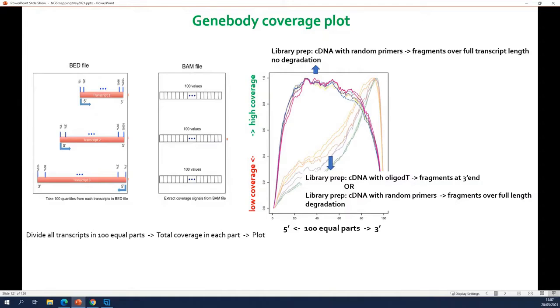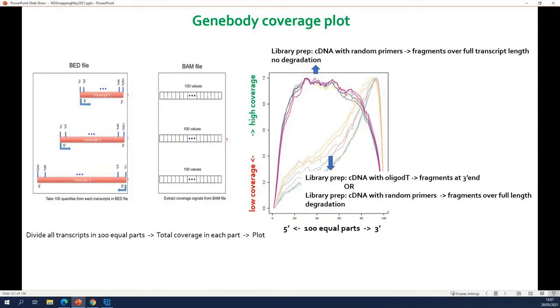So how does it work now? Well, when you make your RNA-seq library and you convert your messenger RNA into cDNA, you typically use either oligo-dT primers, like you normally do in the lab, or you use random primers.